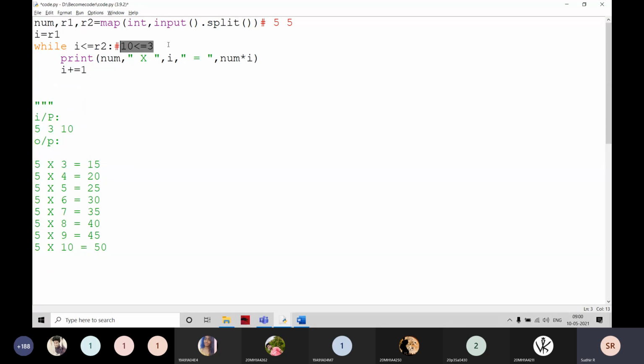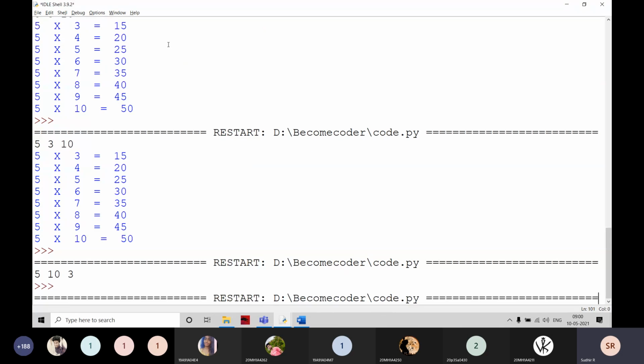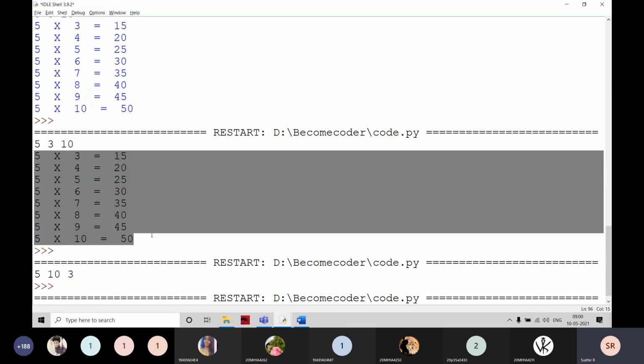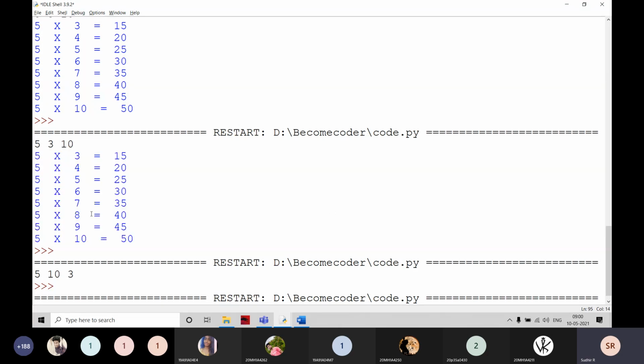If some students know what we have to do, just be relaxed and let the remaining students talk here, okay? And here I want the output for that input also, it is very mandatory. That means if I execute it, I want the output for this type of inputs. This is going to be a lower bound and upper bound. If the input is upper bound and lower bound, I want the same output.